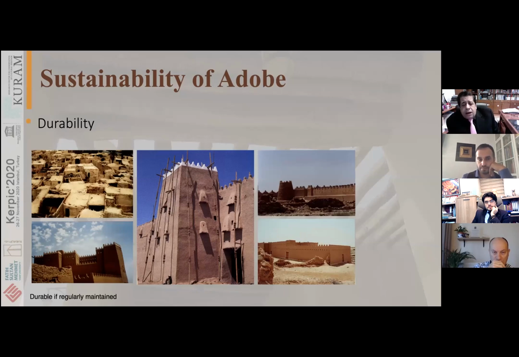Durability. Mud as a material has been used for many centuries, and we see mud skyscrapers in Shibam in South Yemen that have been in existence for more than 6, 7, or even 8 centuries. So it's a strong material when it is well used, well treated and well mixed, and it could last a long time, as long as you maintain it, because this material requires regular maintenance, especially in the desert where heavy rains occasionally come from time to time.